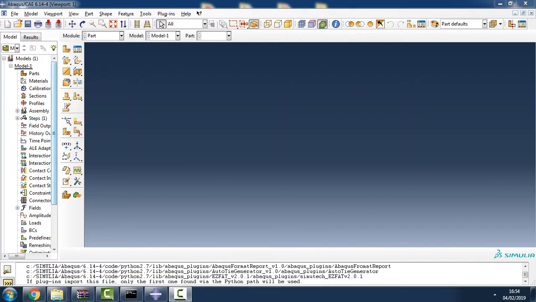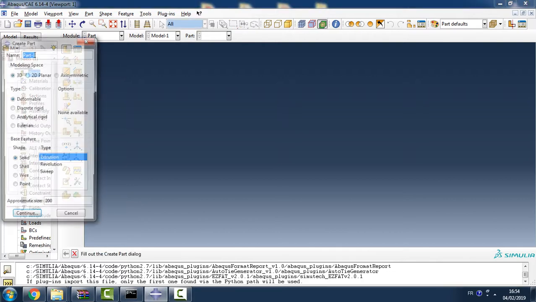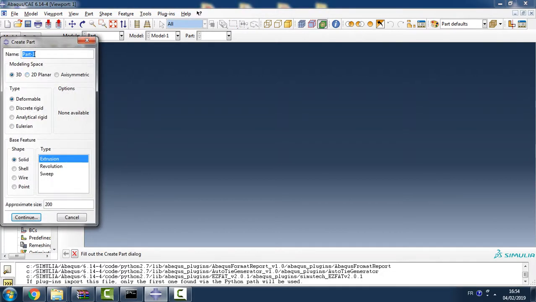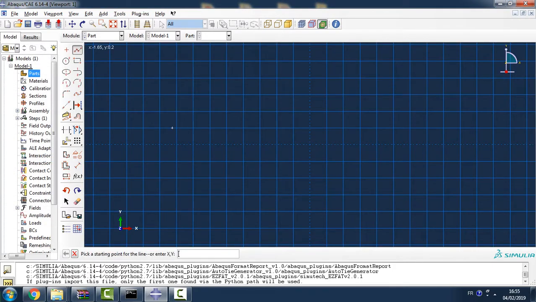Hi guys, now we're gonna see how to start an analysis on Abaqus. We're gonna study the pipe system subjected to harmonic loading with frequencies up to 50 Hz. For the geometry of the model, we choose 3D deformable wire planar with an approximate size of 7. Continue. We draw a line with 5 meters as a length,